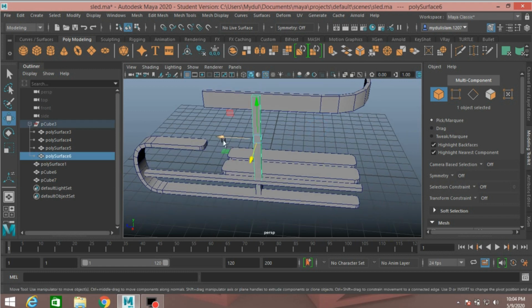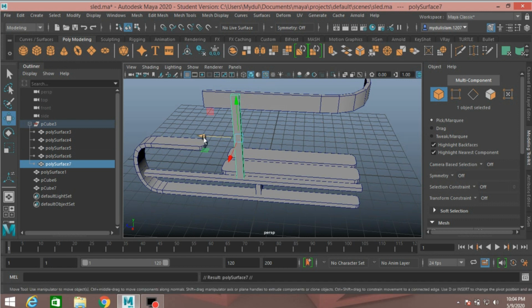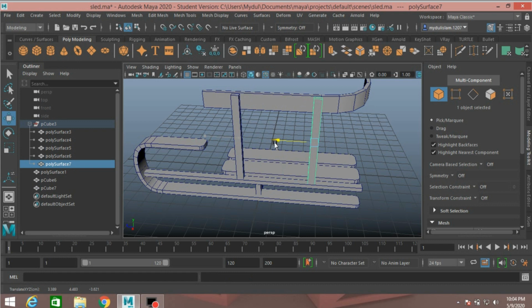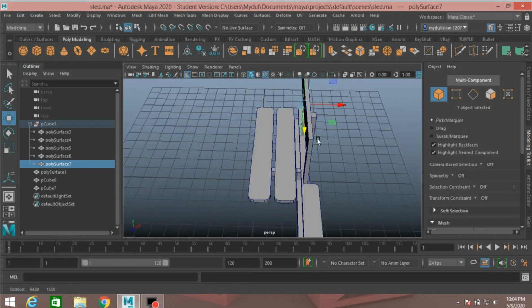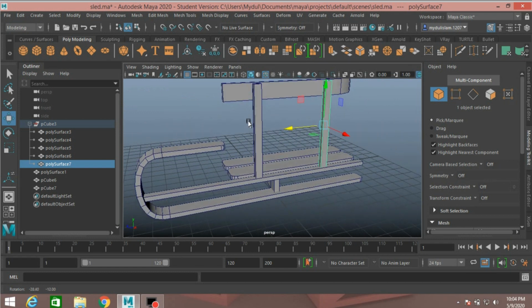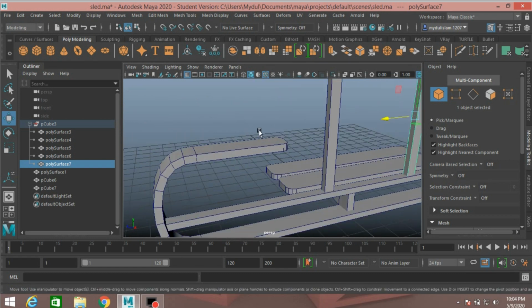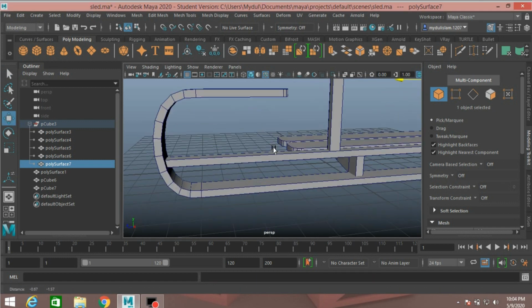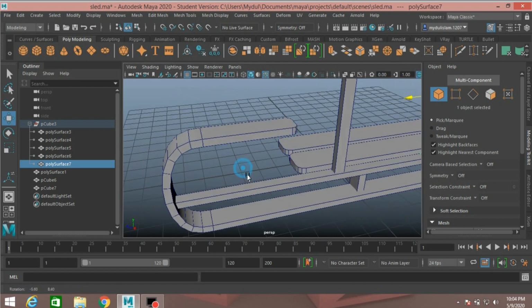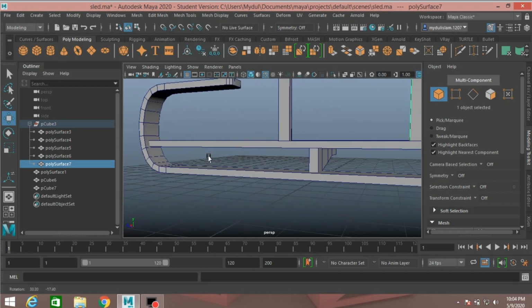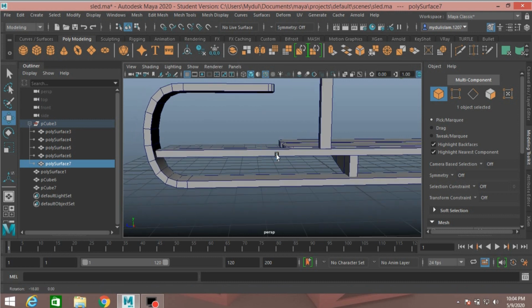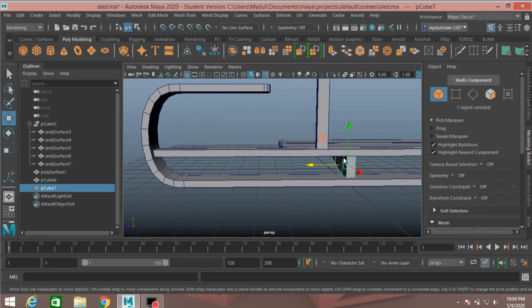Select this and move it here. Press Ctrl plus D to duplicate and move it here. Again select this, move it just here.